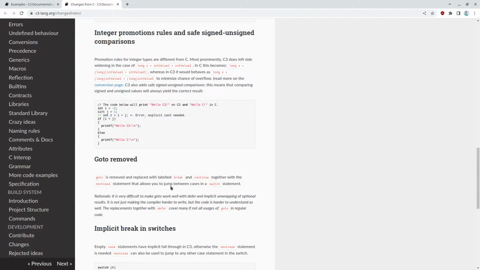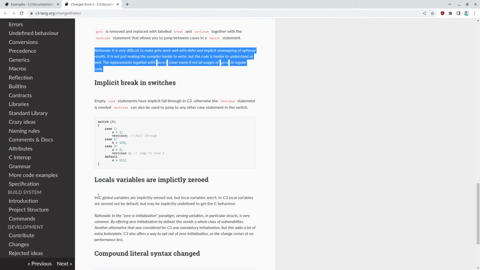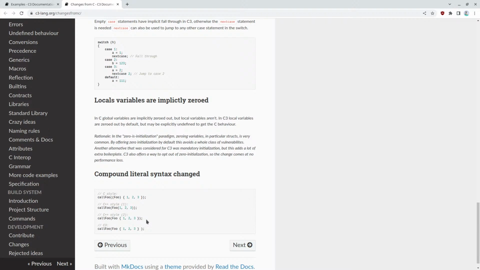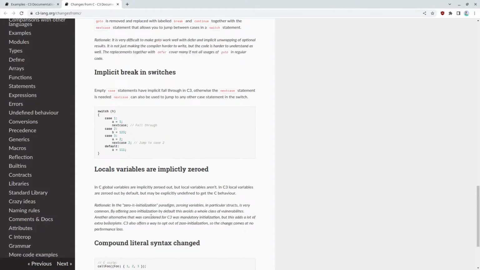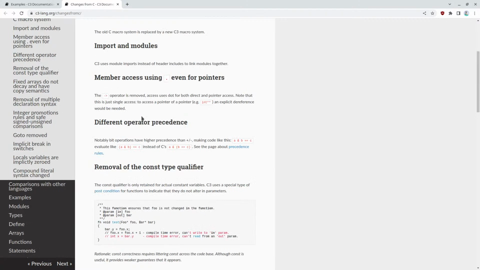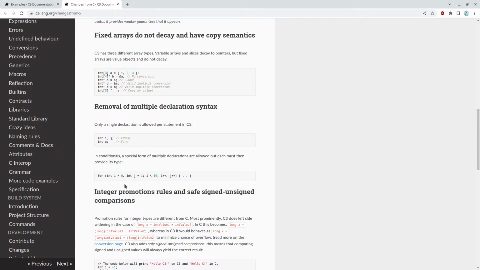Goto removed, with labeled break and continue. That's smart. Local variables implicitly scoped or implicitly zeroed. There's a lot of stuff that Go has in this. It feels like C, it feels like Go, but without the garbage collector and all the runtime stuff. Seems very similar to that. And Go has interfaces and some other stuff too, but